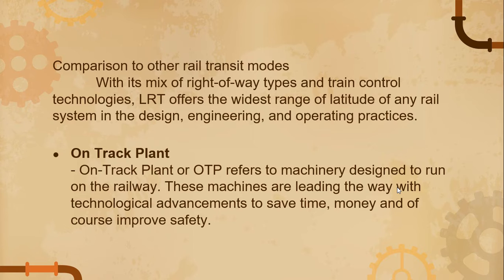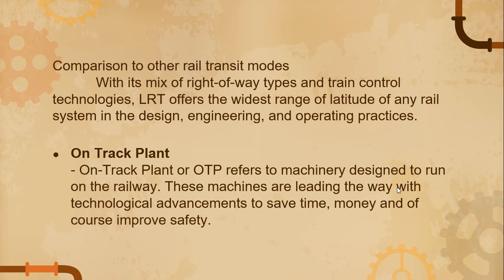So the challenge in designing light rail systems is to realize the potential of LRT to provide fast, comfortable service while avoiding the tendency to over-design that results in excessive capital costs beyond what is necessary to meet the public's needs. So, alam naman natin na an LRT can take you to where you want to go faster and more cost efficient. Tapos, mas marami pang passengers yung kaya niyang i-cater.